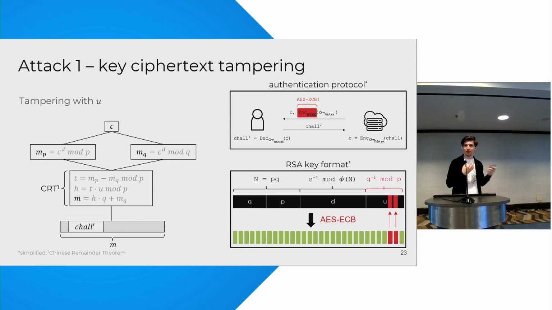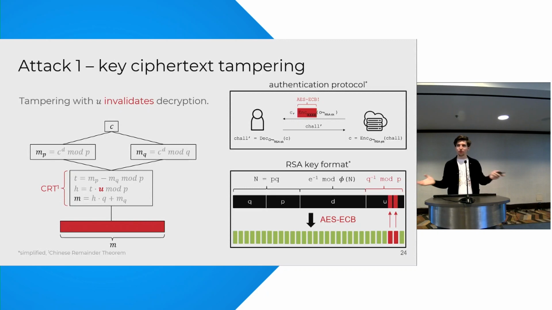So if the server tampers with the U value in the RSA-CRT key ciphertext, then the following happens. In general, this kind of randomizes the plaintext that the client recovers. So that doesn't seem to be very useful at first. But the adversary also controls the challenge that's sent to the client. So it turns out that if the adversary chooses to encrypt